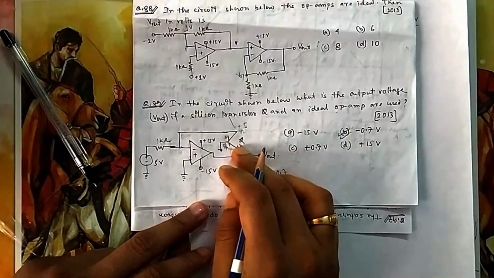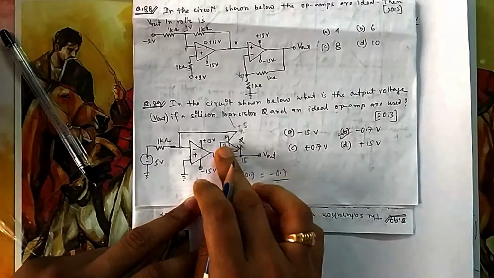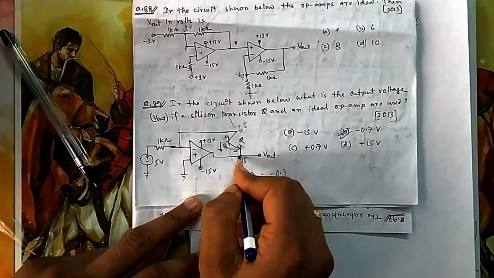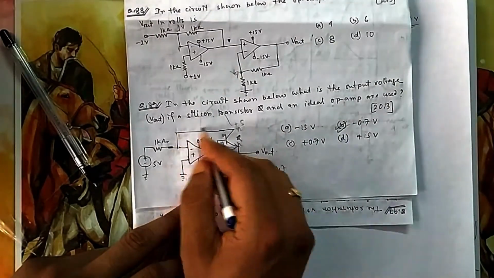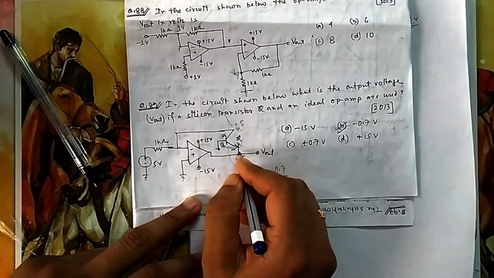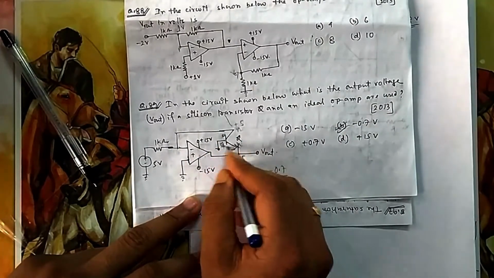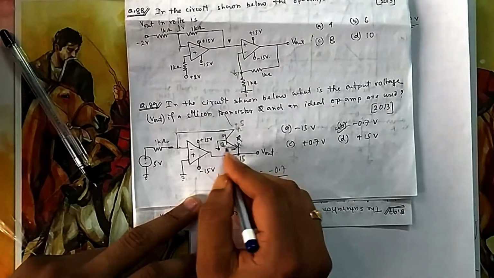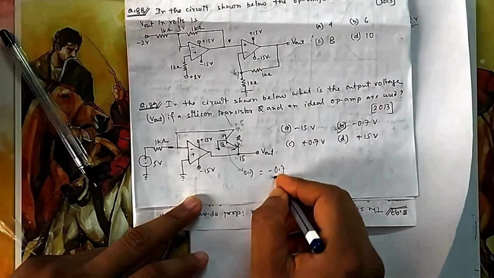Initially I thought it started with it is off, then I saw no, it is on. Because it is on, I cannot take KCL here because I don't know the resistance in this path. But I know from here to ground the voltage: it is 0.7 because it became on, so that's why it is minus 0.7.